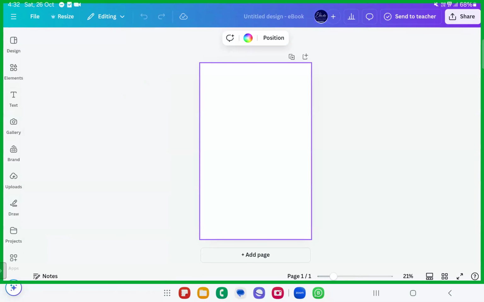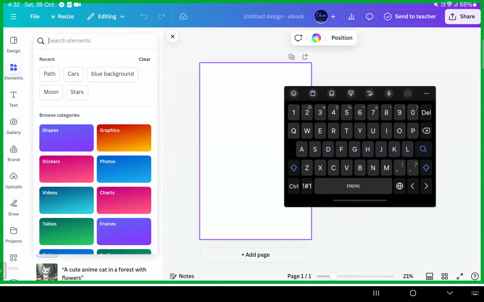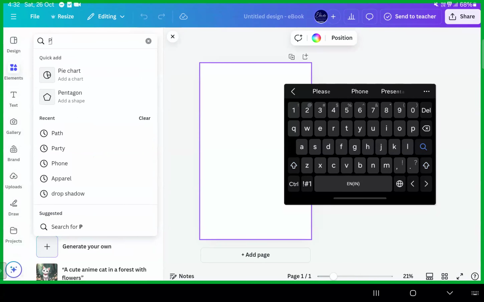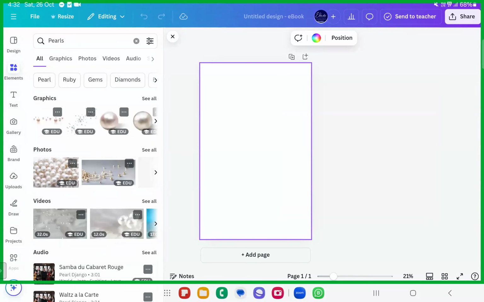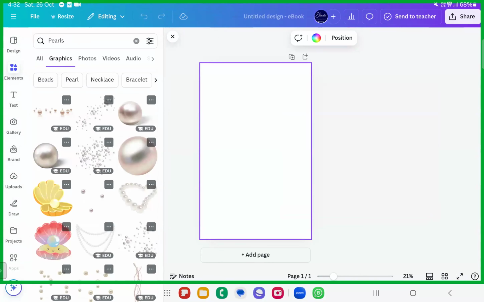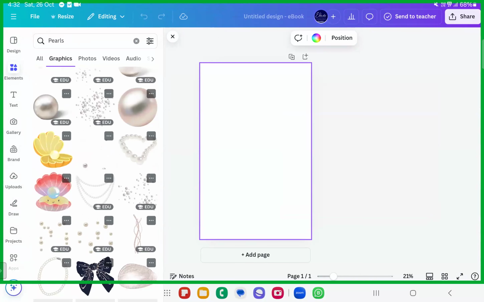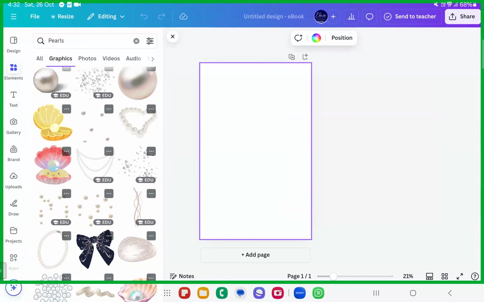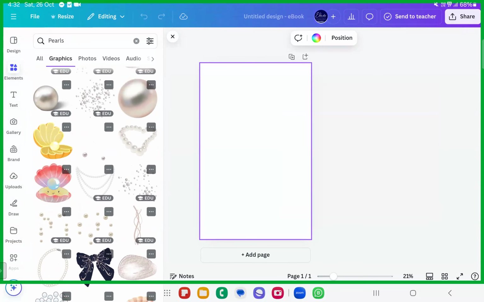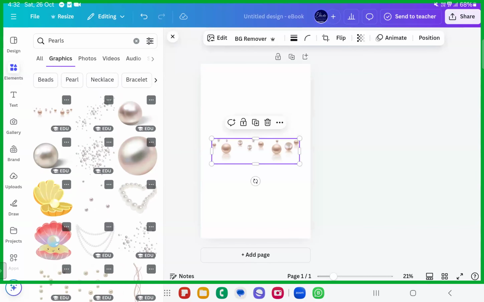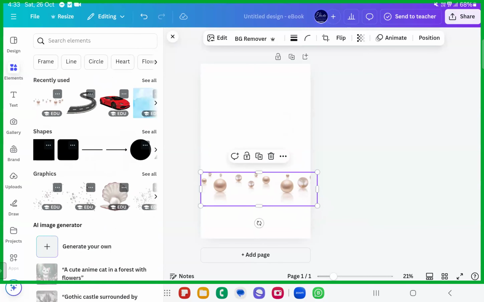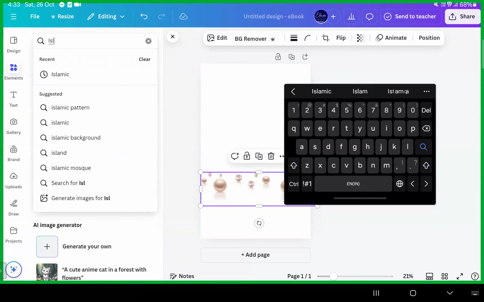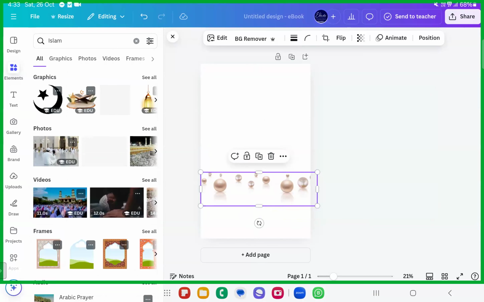Whichever book cover you want, you can design. Or for example, if you want to design a book cover with a topic, your client has told you the topic is Pearls of Wisdom. So Pearls of Wisdom is the topic of the book, and you just have to ask what is included inside that. If they tell you that inside the book it's all about the quotes of the Salaf, what would you do? You go ahead with the pearls kind of feel, and then you want some Islamic wisdom kind of feel, right? You want a beautiful background, right?